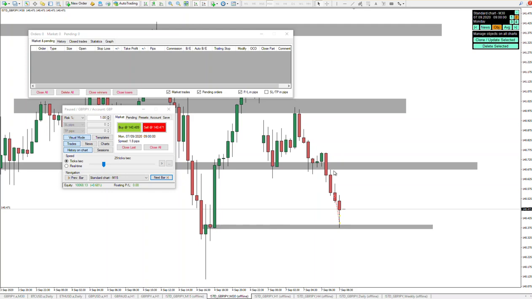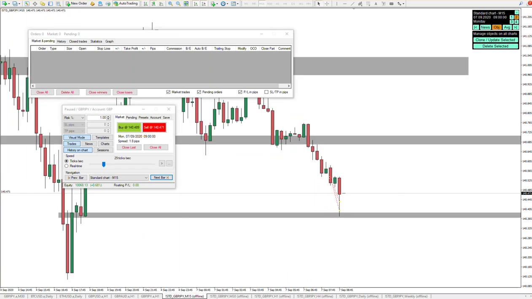But I think the best entry was right once this M30 candle closed below support, then the next candle wicked up, and that was in the, let's see where it was, this candle, 7 o'clock candle, the 7:30 candle, that's on M15,